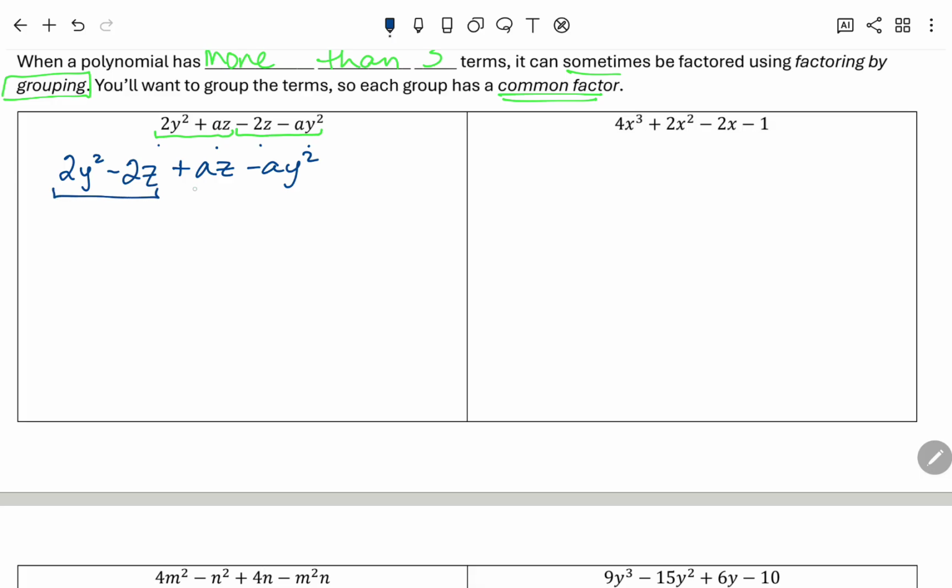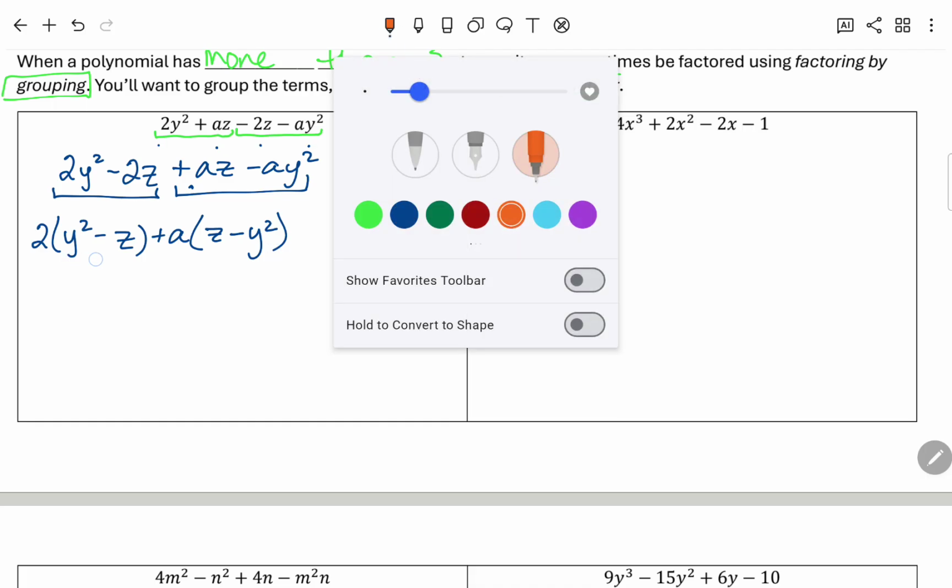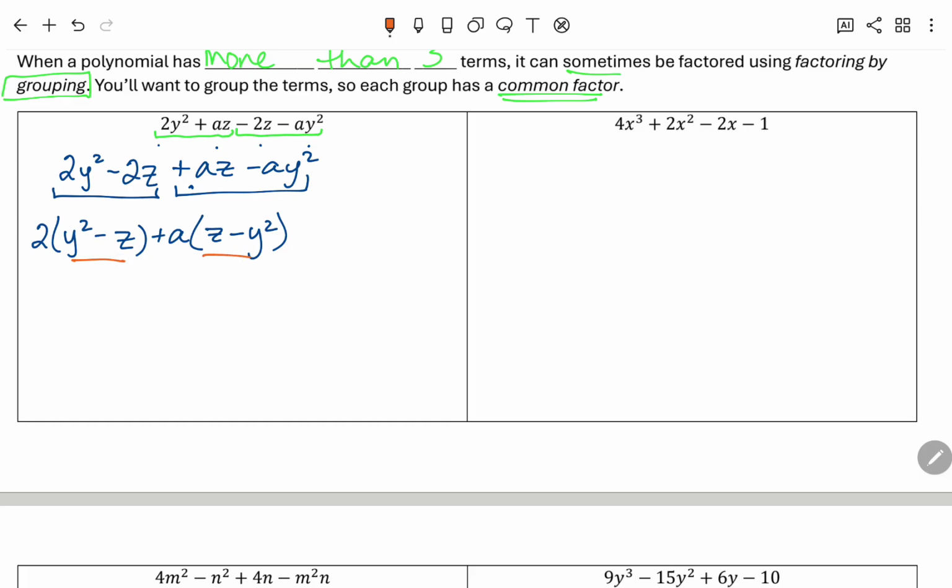So now if I pair these up and pair these up, let's see. Here, the GCF, or greatest common factor, I could pull out front would be a 2, and I'd be left with a y squared minus z. And then over here, I could pull out an A, and I'd be left with a z minus y squared. Now here's the issue. This right here is not the same as this, right? So what I would want to do,